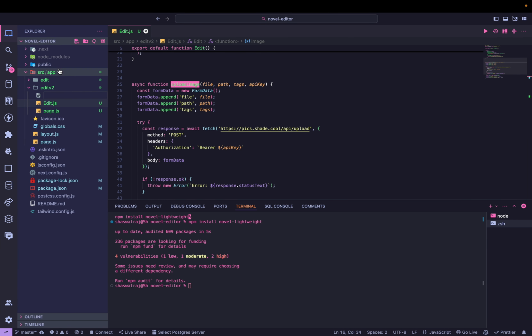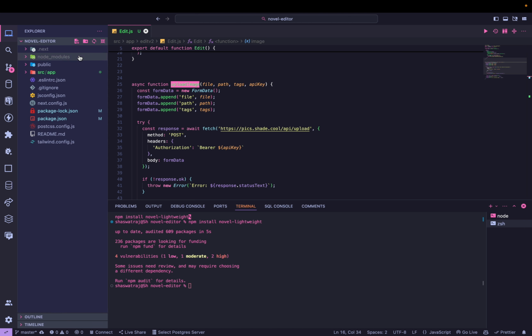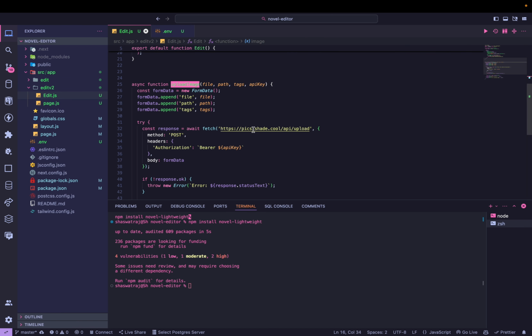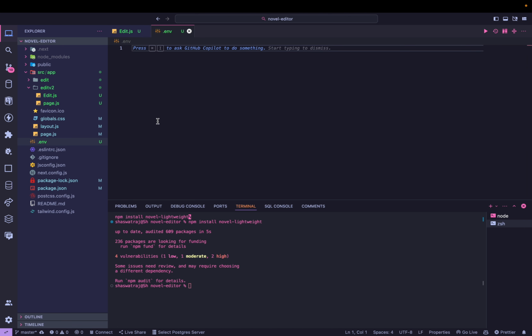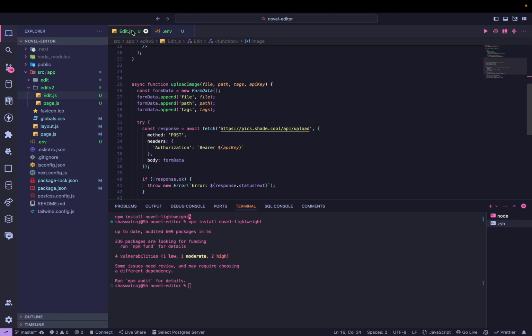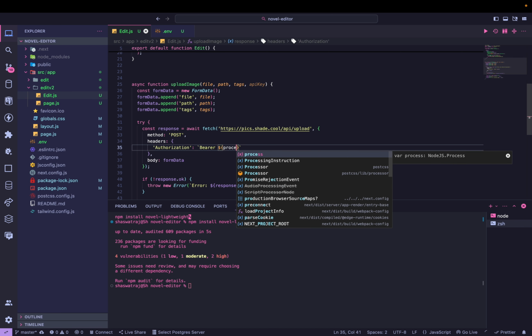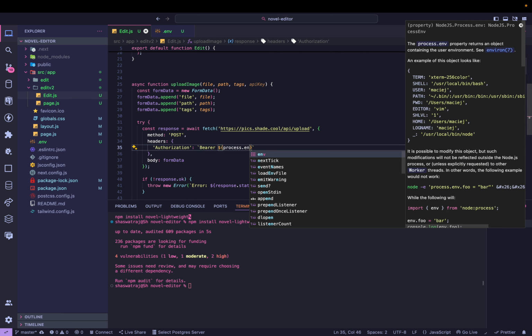And the best thing is we have to create an environment variable. We are using a client component, so this will expose the API key, but you can use server actions, that's a Next.js thing, or you can create routes. Okay, so let me import it here,